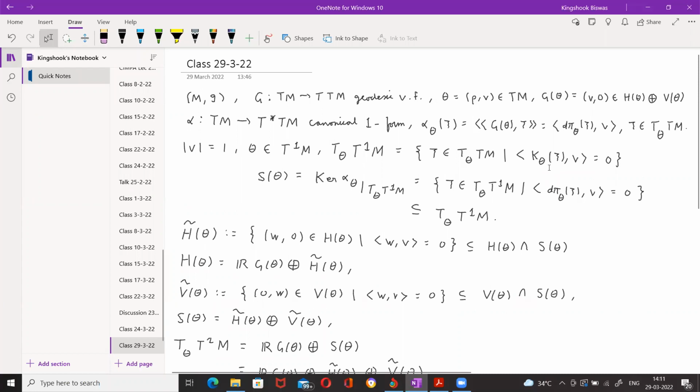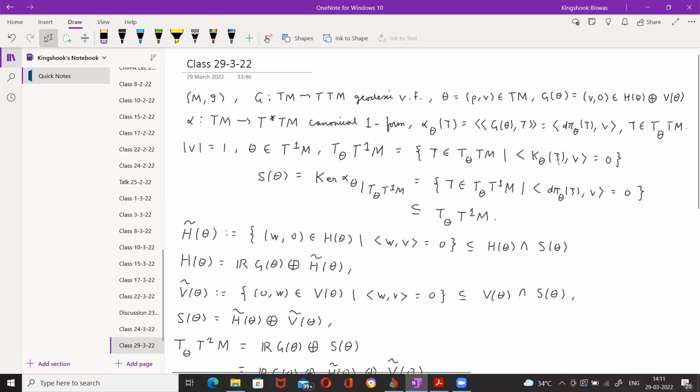So this means the vertical component of xi must be perpendicular to V. Okay, so this is telling you basically that the length of the tangent vector should not change. Okay, this is nothing but the derivative of the energy function, which is the norm squared of V. Okay, so this is basically the same as dH theta of xi, where h equals half norm V squared